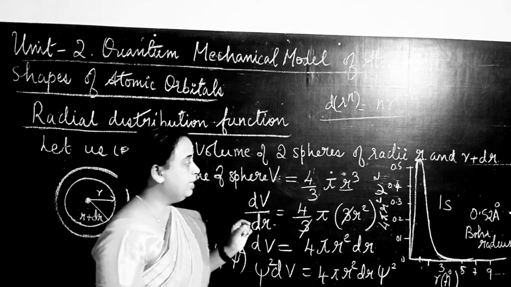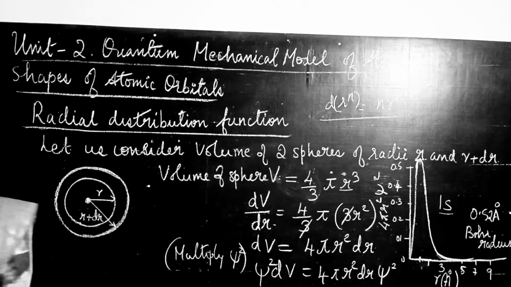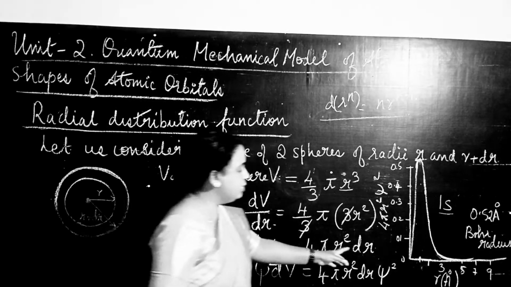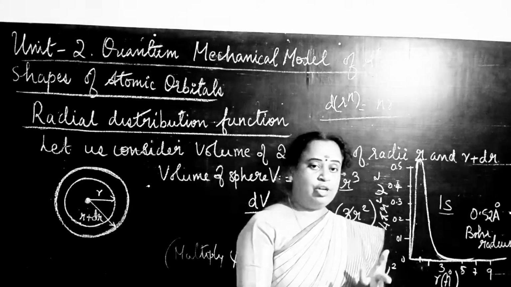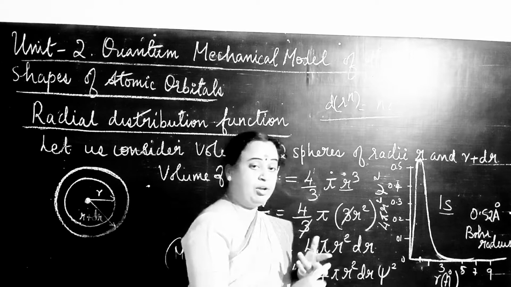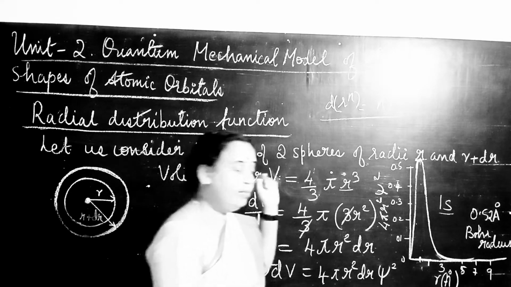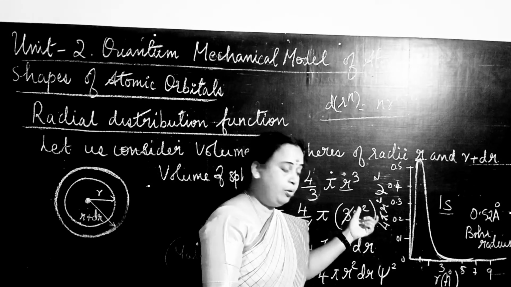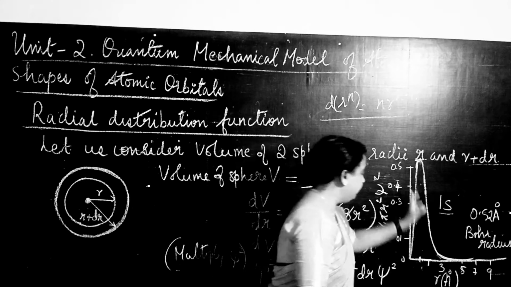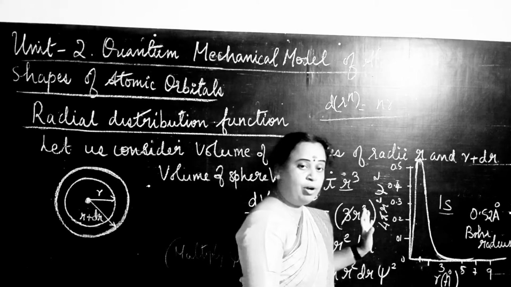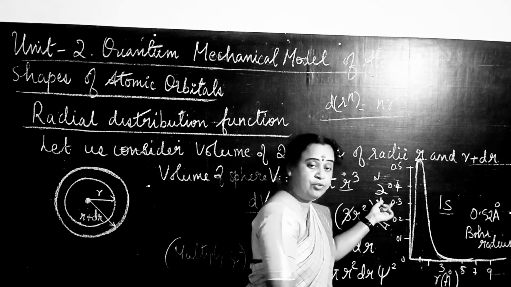Okay, so it is not that we can see this only in the 1s electron. It is not only at this distance that you find the maximum probability. Even in the 2s orbital, 3s orbital, 3p orbital, 3d orbital, in all these orbitals you can find a maximum probability of the electron. So this graph represents the maximum probability value, that is the psi squared value.